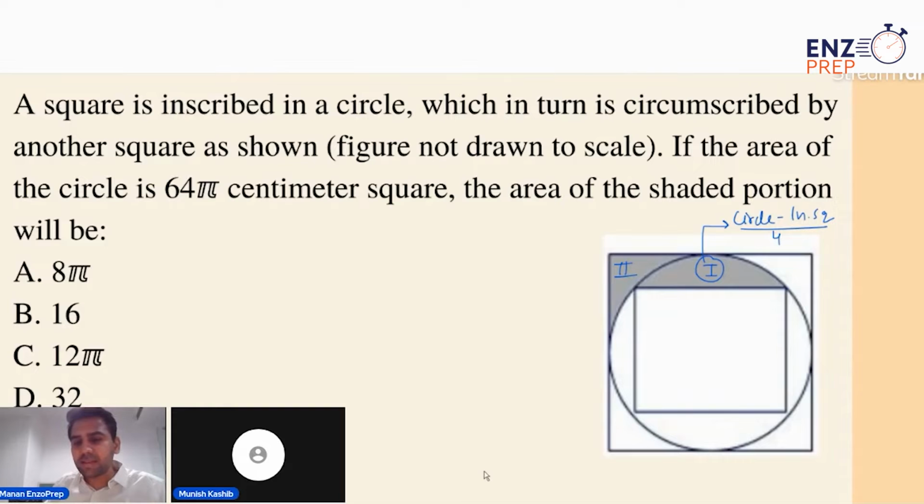If you understand this, that circle minus the square is going to leave you with these 4 symmetrical portions, right? Circle minus the inner square is going to leave you with all of these 4 symmetrical portions. Since we are only concerned with one out of these 4 symmetrical portions, you need to divide this by